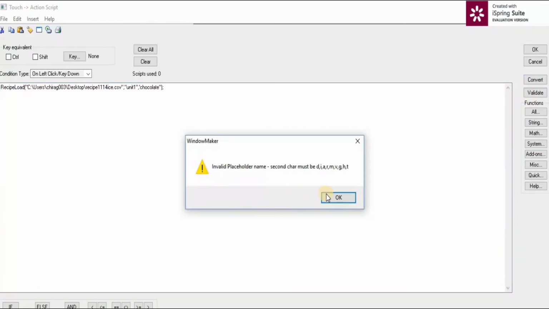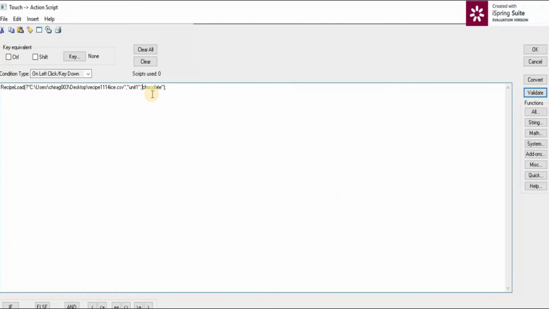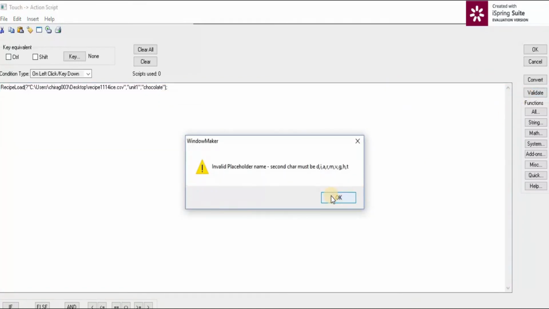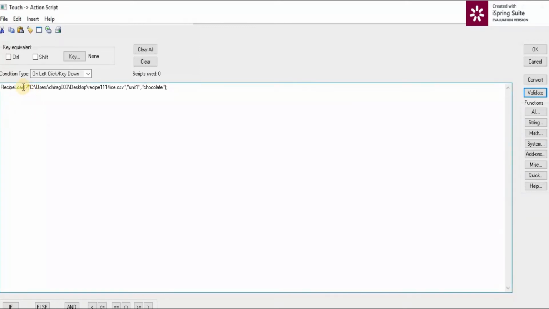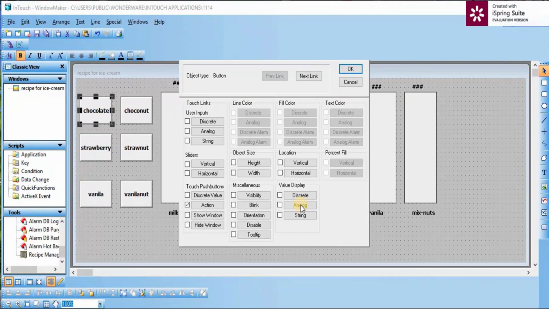It shows an error, because here I gave only one inverted comma, so we have to give double inverted commas. Validate. Here I gave a question mark, sorry guys. Click on validate. Our validation is complete, so there is no error. Click on OK.